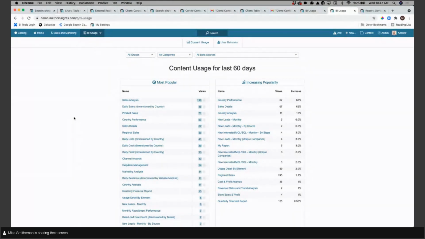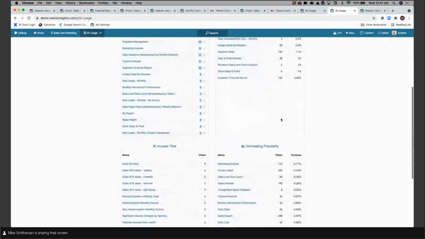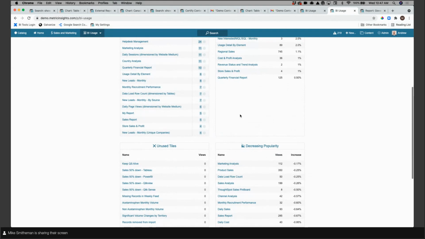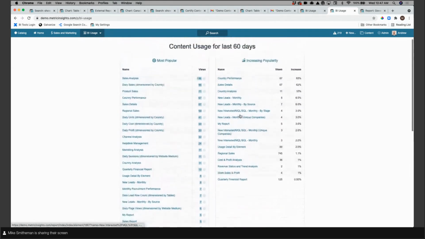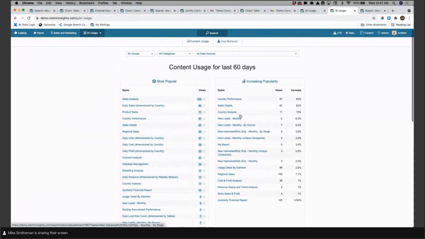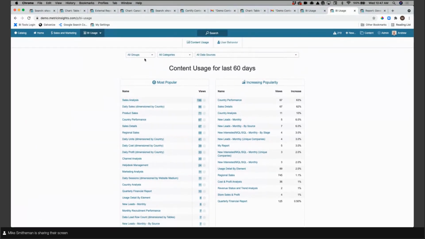And so you might have views like this, which over time show how many views a particular piece of content is getting, what's increasing in popularity, what's decreasing, and what's ultimately going unused in your environment, wherever that content is being consumed, whether in email, through a portal like this, or directly within the underlying tool. By looking at these engagement stats by our different categories, data sources and user groups,